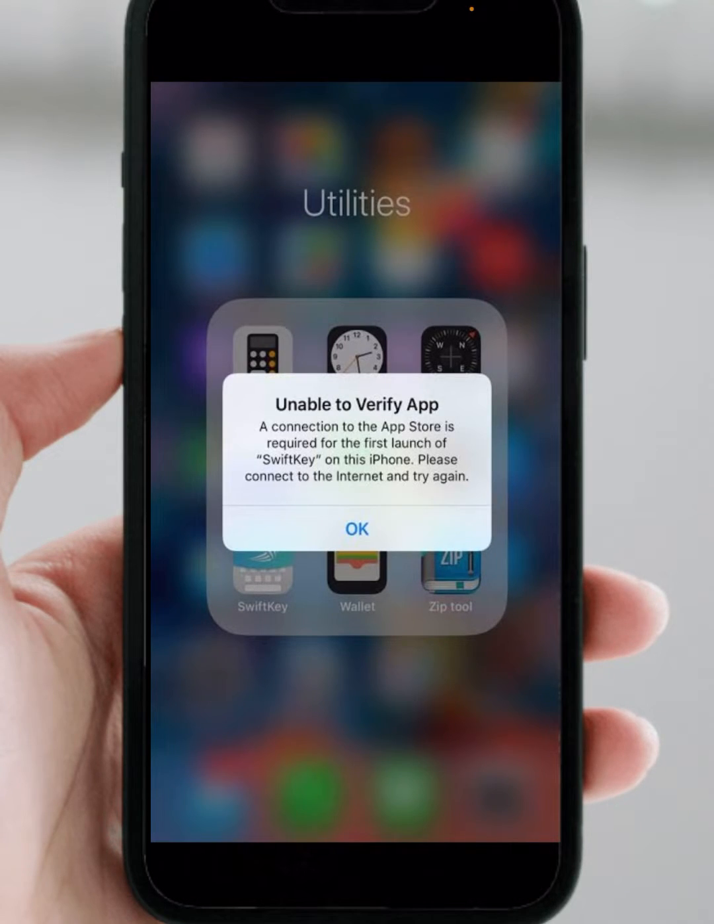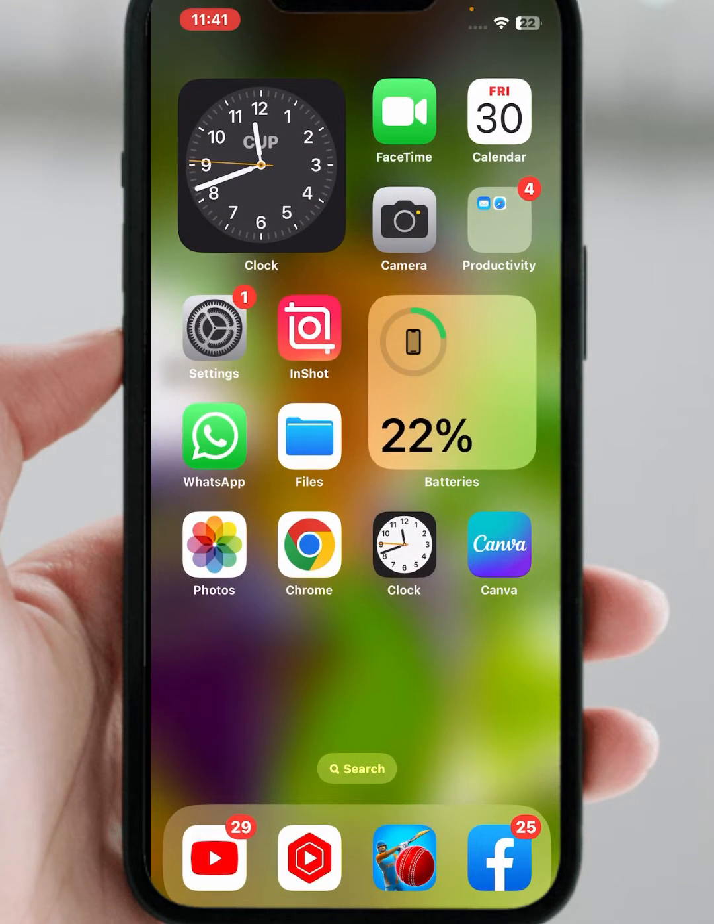In this video I'm going to be showing you how to fix this type of error on iPhone and iPad: unable to verify app. If you want to install any app, then you face this type of error. So how to fix it? First of all, go back to the home screen and open your iPhone and iPad